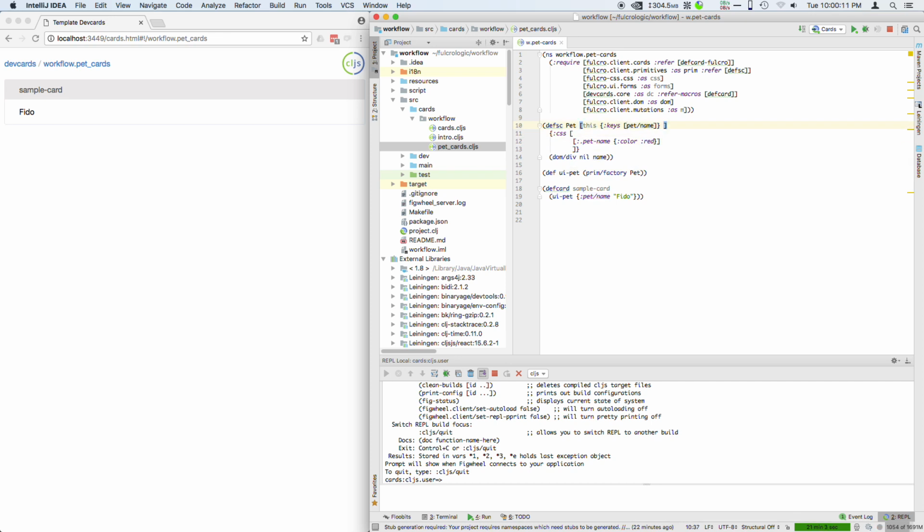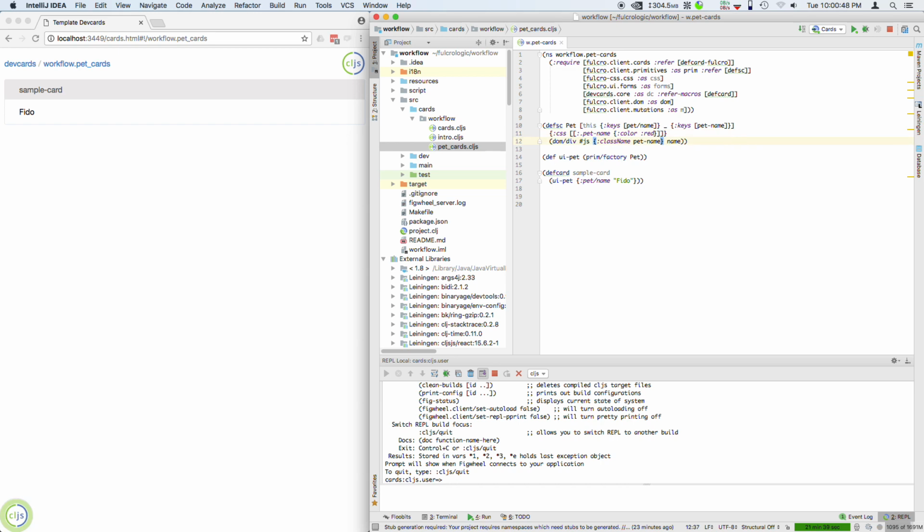And as soon as I've added CSS support, which is this require here, defsc gives me an additional parameter. So this parameter is computed, I'm going to ignore it, and the next one are CSS class names. So I don't want to have to figure out what the convoluted localized class name is, and so I can destructure pet-name, the class that I used here, out of this fourth parameter. And then I can plop that here as just a variable, and now I've joined the class name that my CSS is going to generate with the